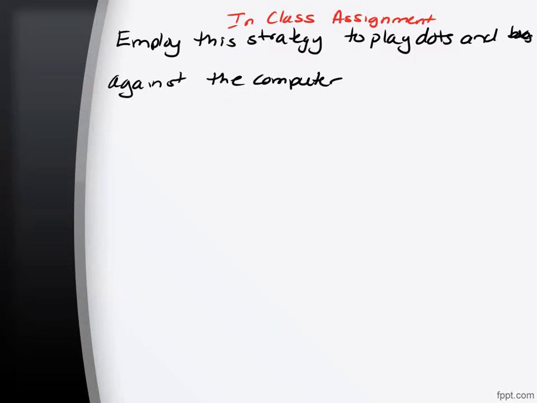So what I'd like you to do now is to employ this strategy so that you're now blocking the formation. You'll see the computer strategy is indeed to make a chain. They're not randomly putting down their pieces. They're actually trying to form a chain. It was kind of hard to see the computer strategy when you're first looking at it, because it seems like there is some strategy, but it's very difficult to see what they're doing. They're trying to make that chain. So block them and see what happens.